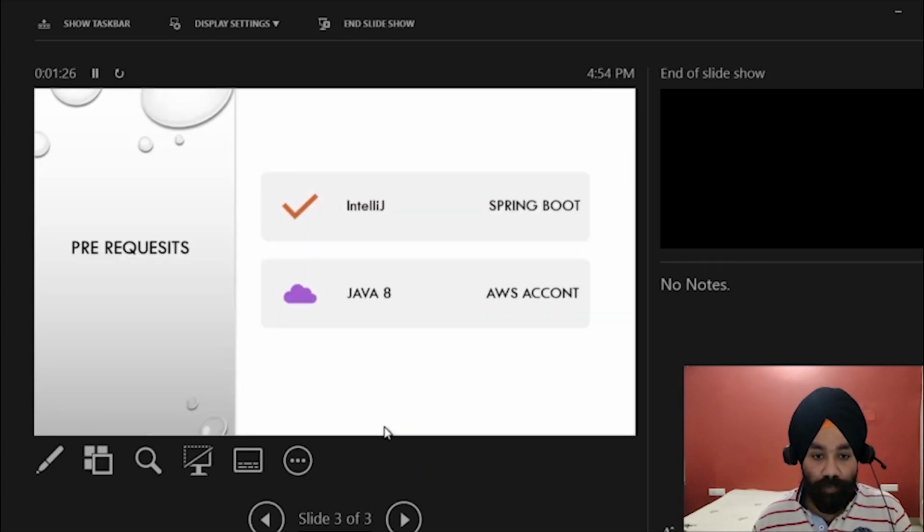So for building our Notes app, we require the following tools. The first one is our programming language, which will be Java for this application. We'll be requiring IntelliJ, which is a Java-based IDE used for editing code. We'll be using Spring Boot framework, which is a Java-based framework which provides a ready-made Apache Tomcat in it, and we can use it for building small applications. And for the purpose of this video, we'll be using AWS as our cloud provider, as it is the most popular cloud provider in the market right now.